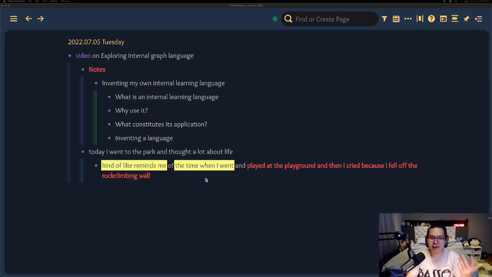It's almost like eating. When I see food on the plate, automatically my body will respond with some unmentioned questions like, am I hungry? Do I want to eat it? Do I know it's delicious? Yes, put it in my mouth. Things like that. So when you invent an internal learning language, you start to think of potential applications that can